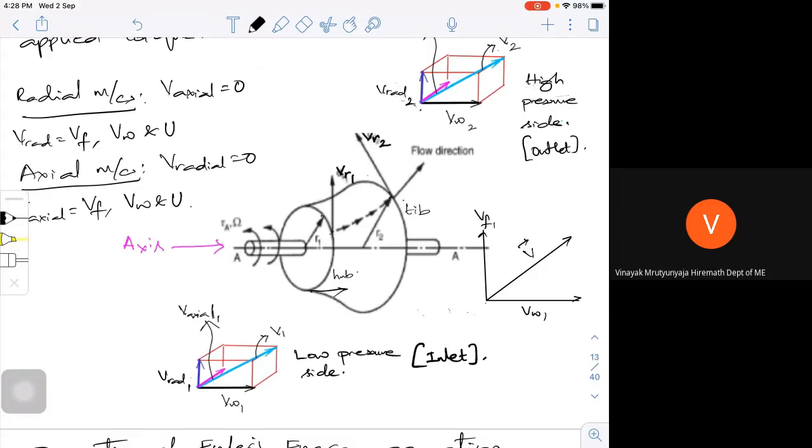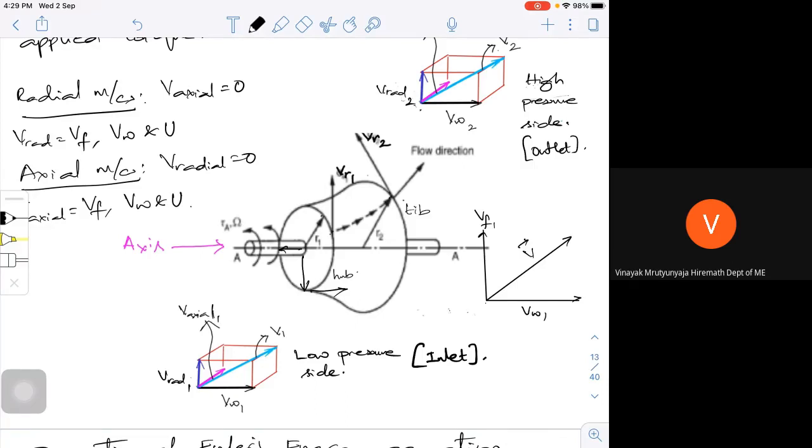Okay. Then one will be in this direction, either it will be up or down, and the other one will be in this direction. So you have three components of velocity at any given point. Anyhow, your absolute velocity can come in like this or like this, whatever it may be. But with respect to the turbo machine, whenever I'm trying to analyze, I have to analyze it with respect to the tangential direction, that is, tangent to the wheel, or in the radial direction, or in the axial direction. So that's how I'm trying to analyze it.